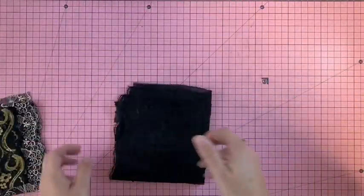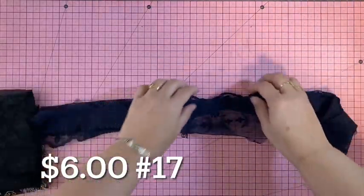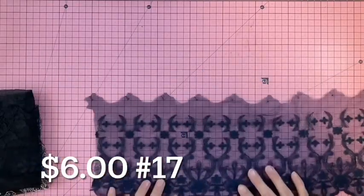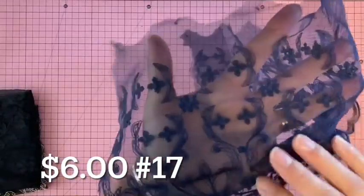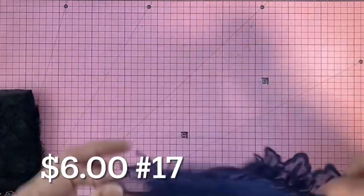Again, this is being sold as a lot. Price and item number for this will be across the screen. This is a navy blue. Now this one, got the flip side. It's just got one border. It is absolutely stunning. Gorgeous. And then the last chunk in this lot